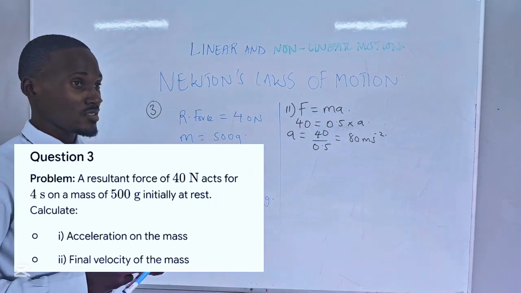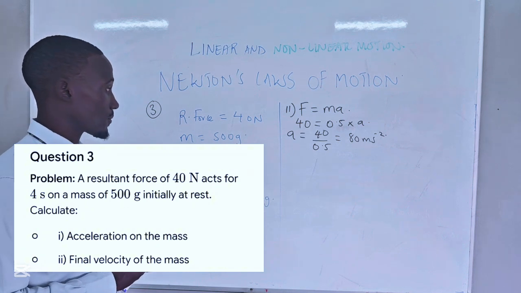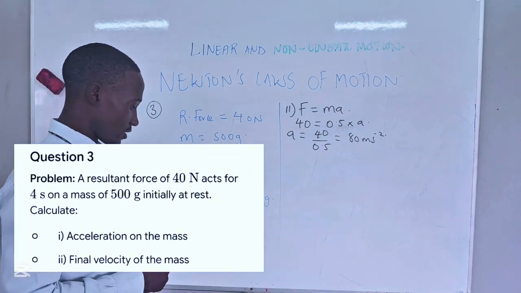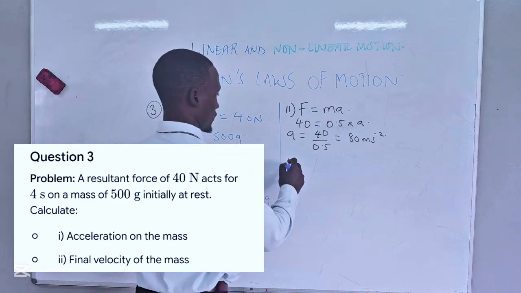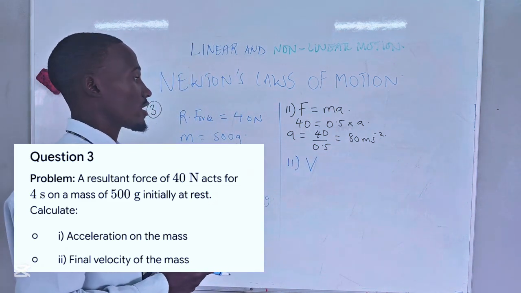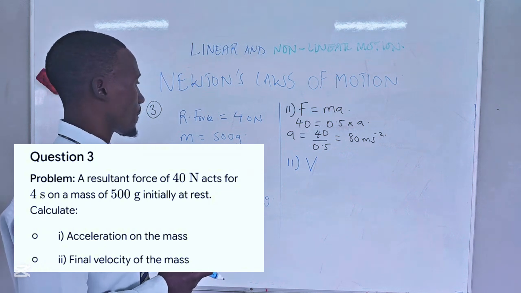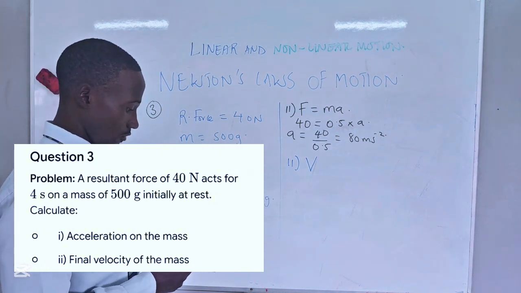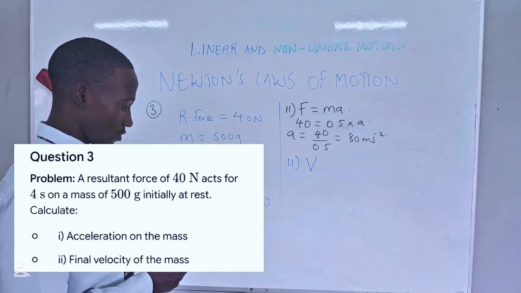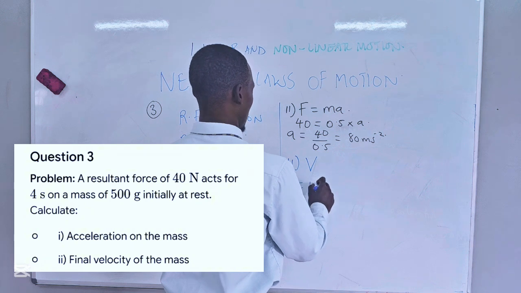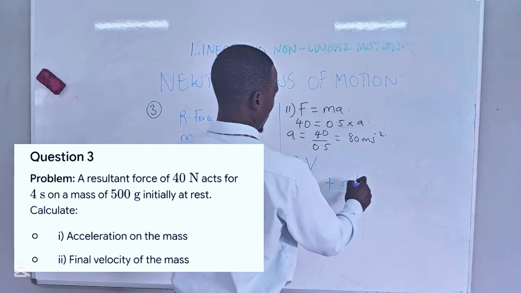You can see the acceleration is very, very big. So question 2, they're asking us to calculate the velocity, the final velocity. That is a v. So we can choose an equation to use, possibly the first equation. So v is equal to u plus a t,